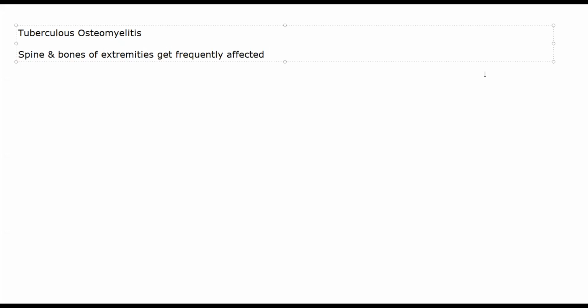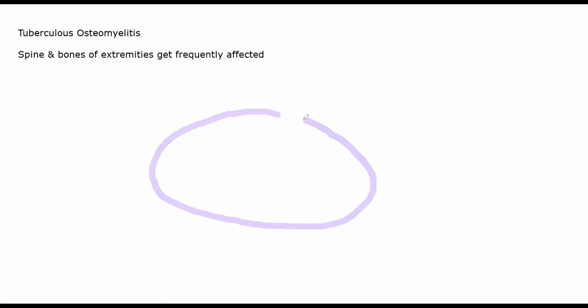You will have an area of caseating necrosis, central caseating necrosis, which is surrounded by granulation tissue. Okay? So, for example, let's suppose this is the surrounding granulation tissue, and you will have caseating necrosis in the center. Okay? Cheese-like necrosis that is occurring in the center. Now, this is occurring in the bone. Okay, if it is affecting the bone, if it is tuberculous osteomyelitis, then tuberculosis is occurring inside the bone.